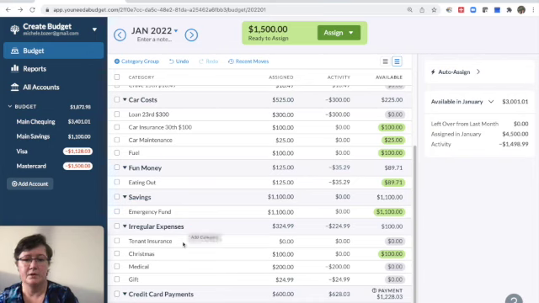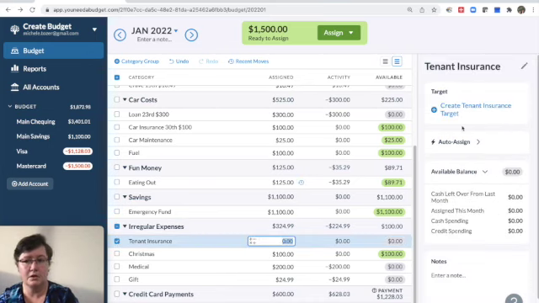So the good thing about here is we can use targets. Now, one of the things about targets here in YNAB is it can get confusing if you don't understand how they work, and they've got some timing. So we'll talk about that later on once we've become more comfortable with these things. You can simulate this. One of the things that we can do is put in a note here: $240 due December 15th.